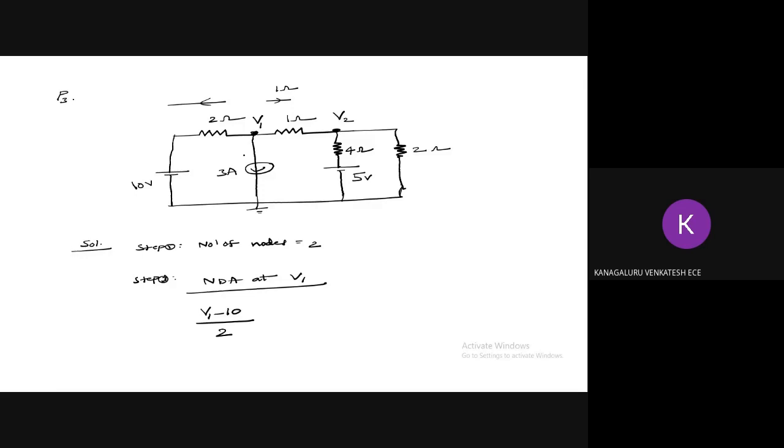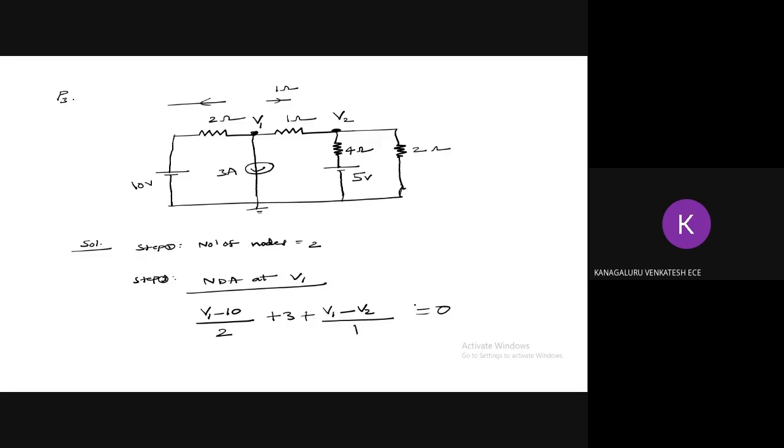Now, look at the second branch. Straight away, the current value is given, 3 ampere. If the current is entering, you take it as minus. If the current is leaving, you take it as a plus. So it is going to be plus 3. For the third branch, you notice a 1 ohm resistor is there. At the other end, the second node is also connected. So in that case, how to write the equation? V1 minus V2, whole divided by the resistance value in that branch, 1 ohm, equal to 0. Is it clear?